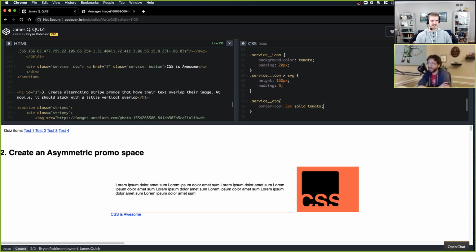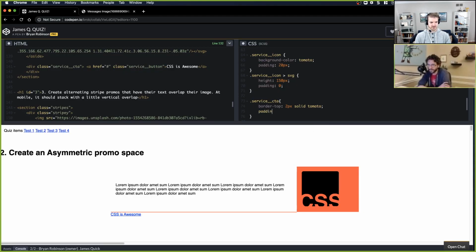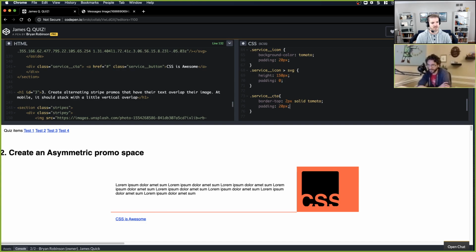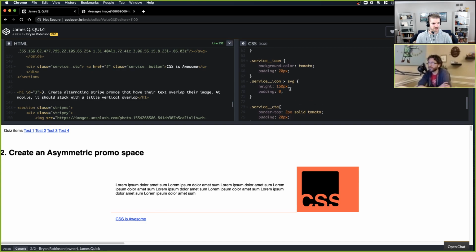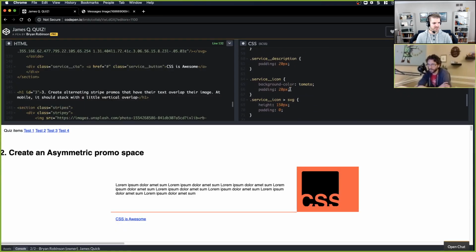Inside of the service CTA, let's see where this thing is. It looks like there's probably, I'm just going to go with 20 to keep those similar, some padding. And then I need to throw this content to the right, so if I start throwing that one to the right, will it, I'm not sure.